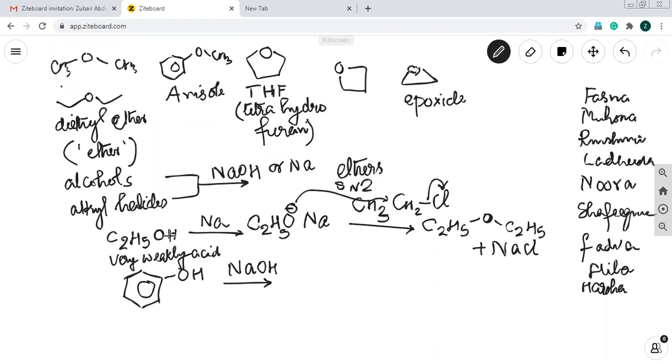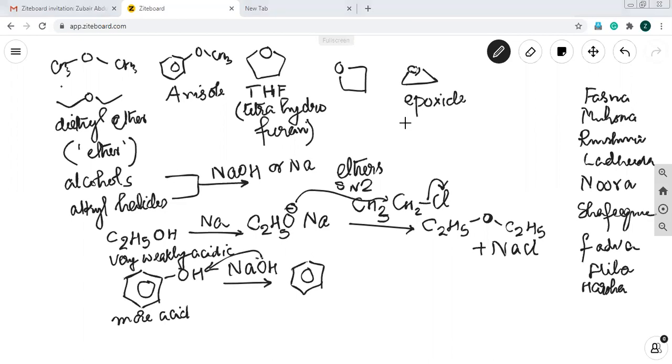So, to remove this proton, you require a strong reagent. But this is sufficiently more acidic, so you don't require that strong a reagent. You simply require only sodium hydroxide. The sodium hydroxide will act as a base, will abstract this proton